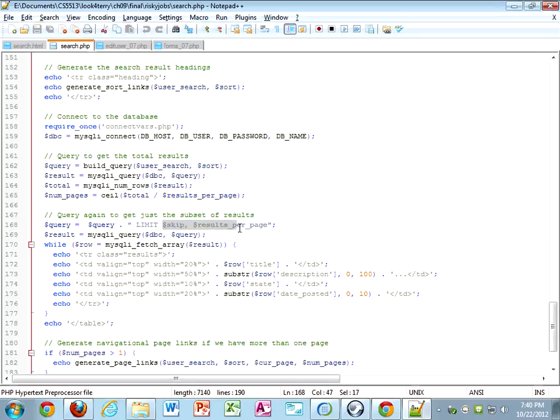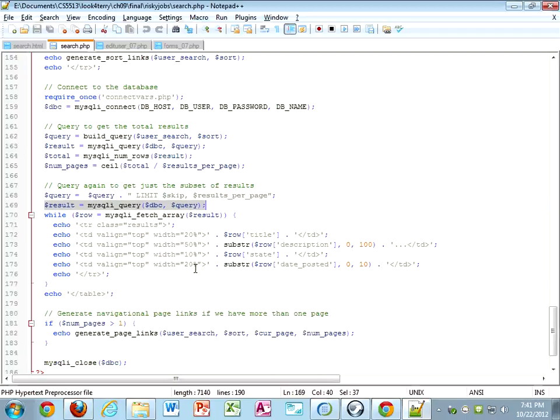So this limit functionality has the ability to not only limit the number of rows returned, but it also skips forward through the number of rows by giving it this number comma number syntax. So it's only going to return 5 rows, and it's going to skip forward this number of rows in your database. Execute the query,